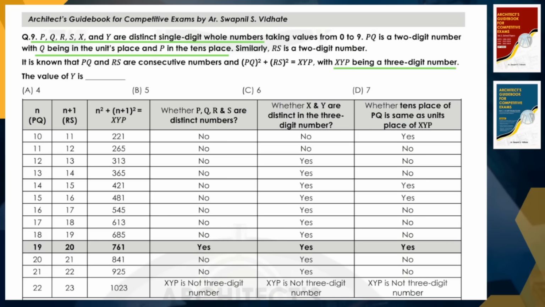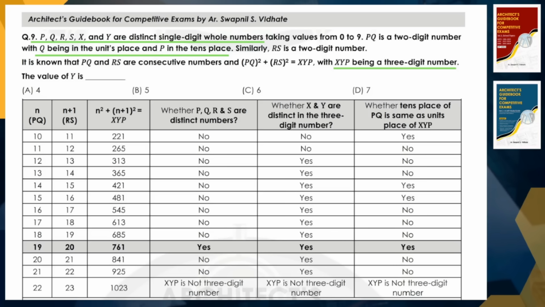Now for the numbers, as we said, the value of n can be in the range of 10 to 22. So the maximum value was 22, though n plus 1 will be 23, but the sum of the squares of these two will be 1023. Now 1023 is not a three digit number, so just find out the values between 21 and 22 in this table. So as I said, the correct values which are fulfilling all the conditions mentioned in the question